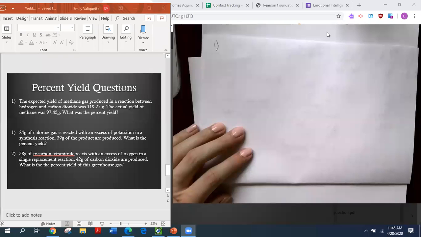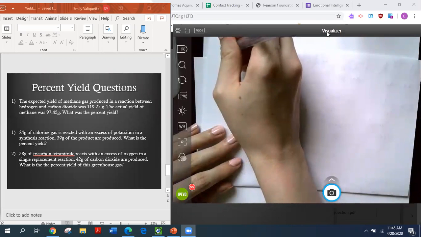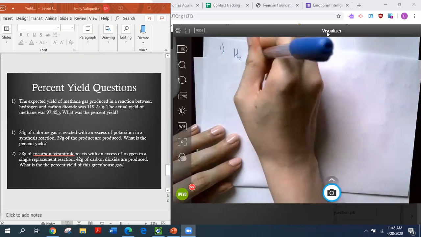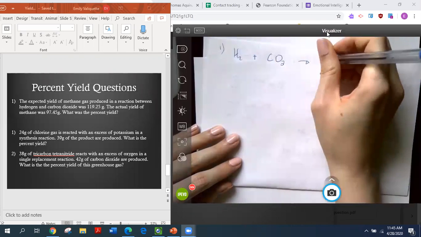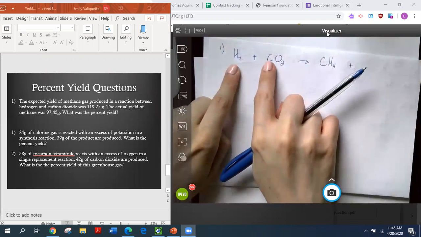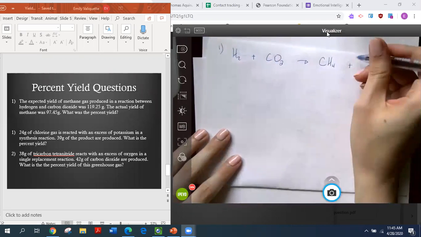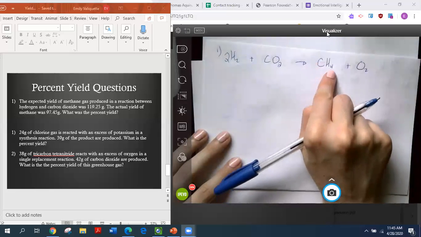Okay, so the first question says you have hydrogen, which is H2, reacting with carbon dioxide. It also tells you that you're making methane, which is CH4. And because that only accounts for my C's and H's, I must also have some oxygen left over as well. Our next step is to balance this, which we do by putting a 2 in front of the hydrogen, and then everything else is balanced. It says, what is the expected yield of the methane